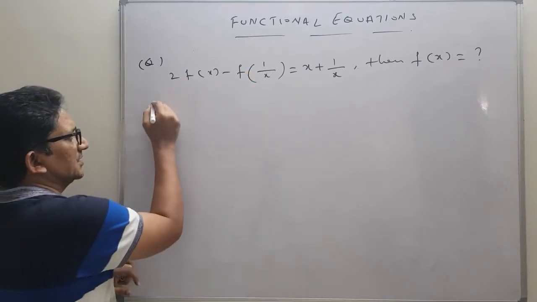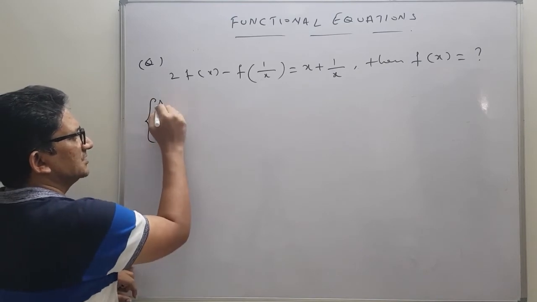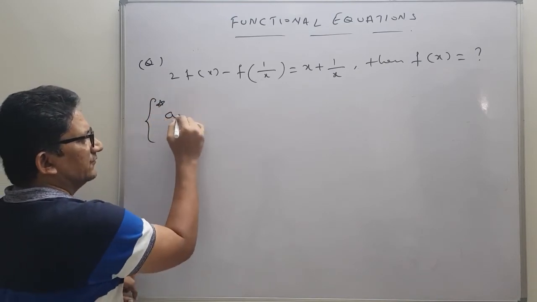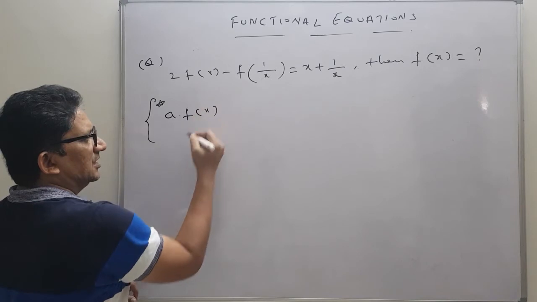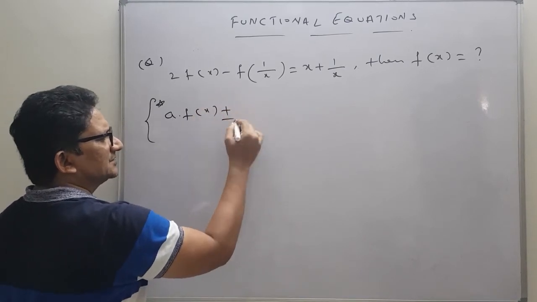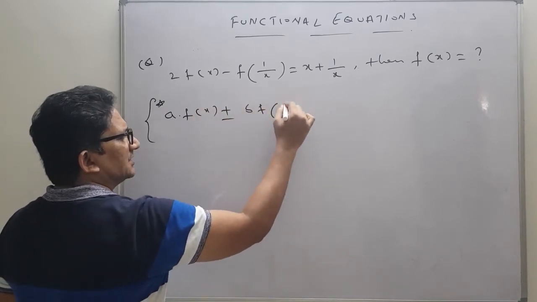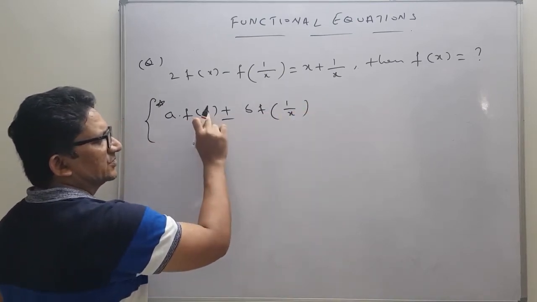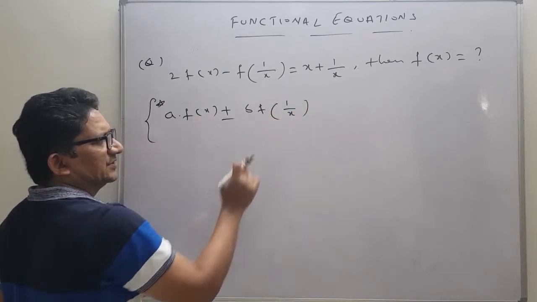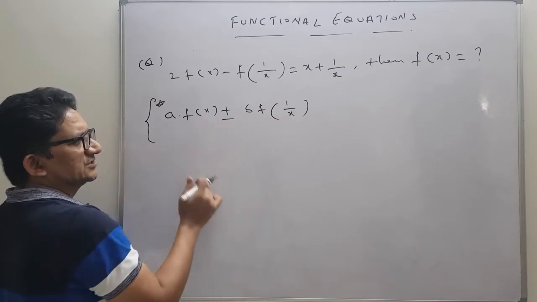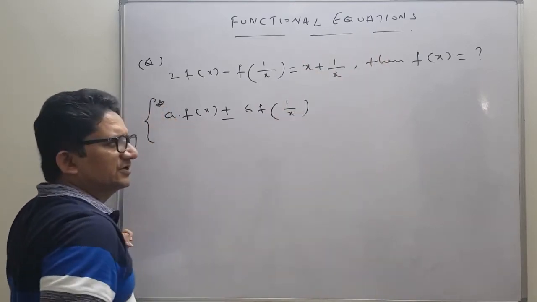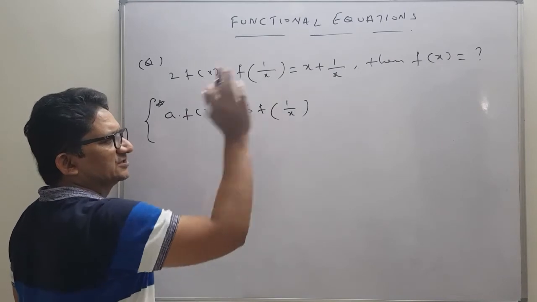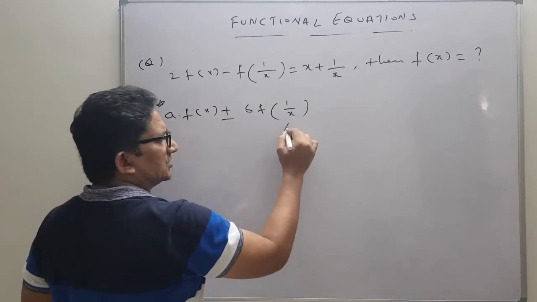there is a particular type of equation, which can be considered the most standard type. If you have an equation a times f of x, either plus or minus b times f of 1 by x, that means f of x and its reciprocal 1 by x are appearing, and this equals some function of x, then to solve this,